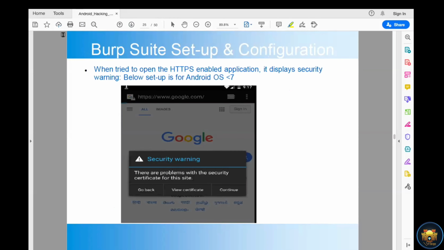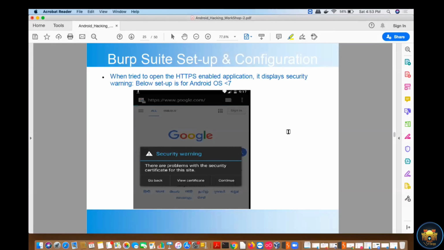So if I go to the PDF part, yes. Okay. So if I go to the presentation part, here we are trying to explain how you will set up your Burp Suite, and how you will install the Burp certificate so that you can intercept the HTTPS request in your application, right? So there are two parts in the Burp Suite configuration and setup.